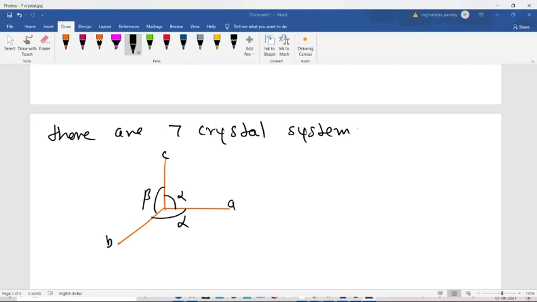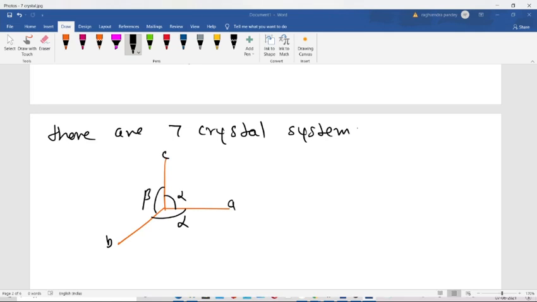Then is your rhombus or rhombohedral. Rhombus or rhombohedral, they are basically the same. Here A is equal to B is equal to C, meaning length, breadth, height are the same. Alpha, beta, gamma are the same, but they are not equal to 90 degrees. They have some other angles. Then hexagonal, I told you, in a hexagon one angle is 120 degrees.